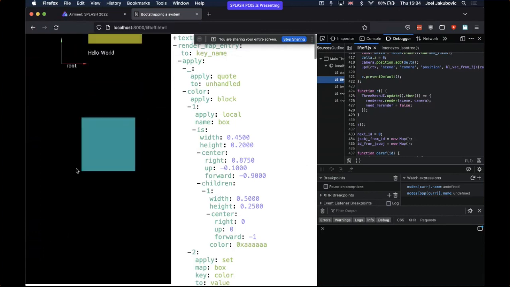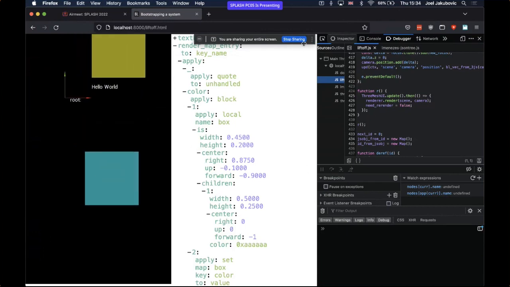So yeah, this is my prototype BootstrapLab. It is a web application running in the web browser, mainly using JavaScript as the implementation technology. And yeah, there are 3 columns here. The rightmost one is the browser developer tools,